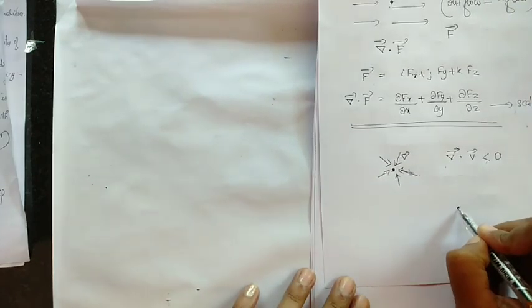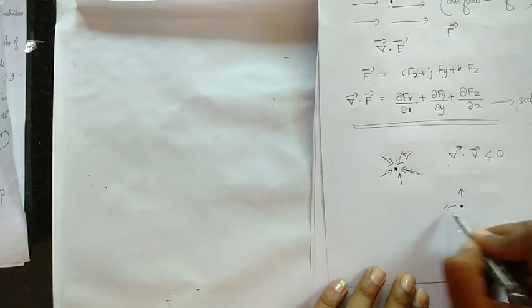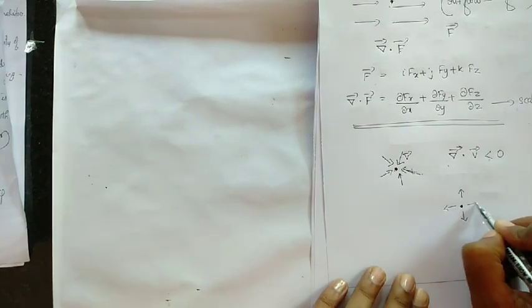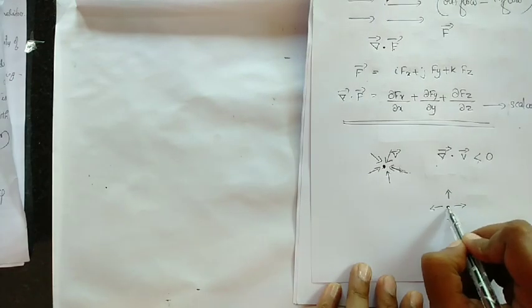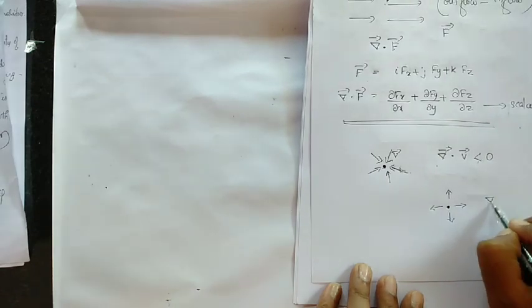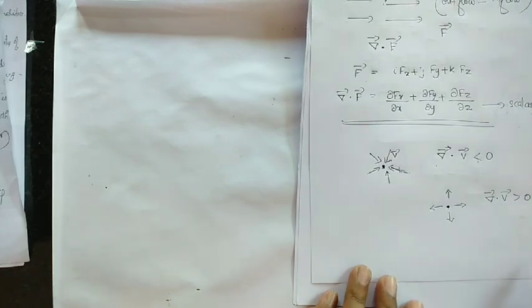Another point, consider here, and here the vector quantities are again velocity itself. The vector quantity has the same magnitude, and direction is indicated by the arrowhead. Here at this point there is a net outflow. Okay, here if we take del dot v, it will become a positive quantity. It will be greater than 0.